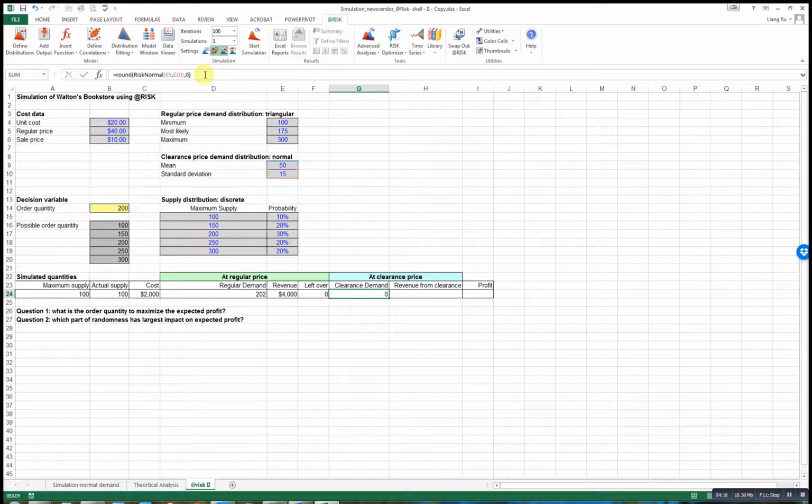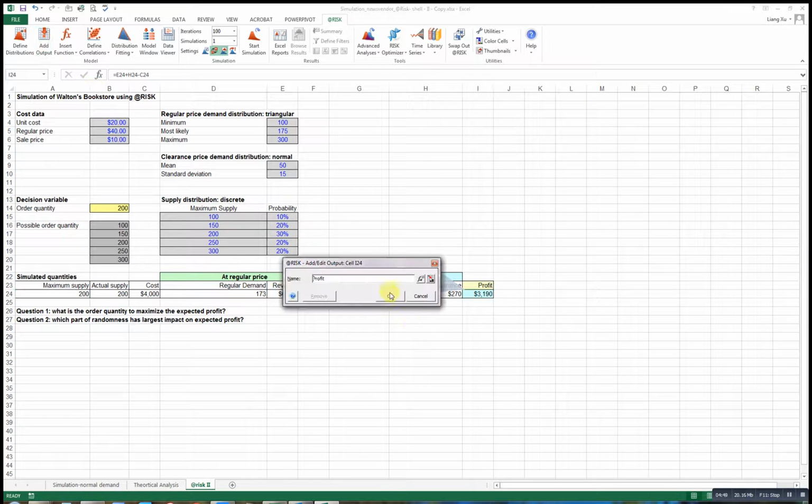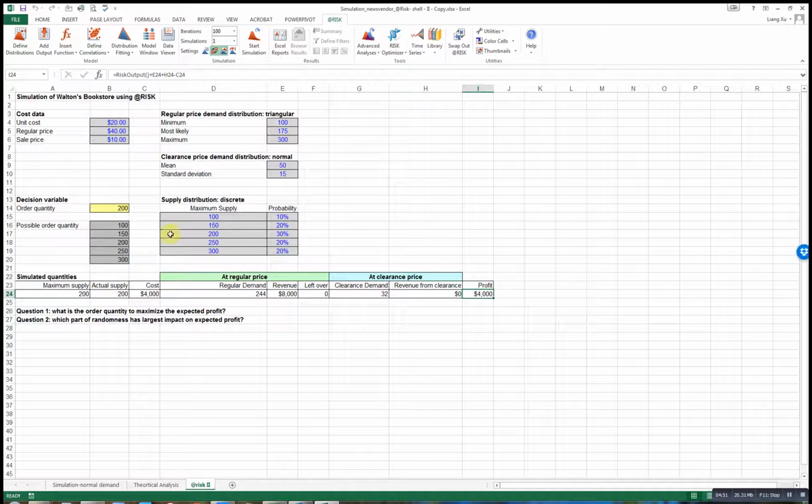And the revenue from this is the selling price multiplied by the amount you can sell, which is the minimum of your leftover and the demand for the secondary market. So the total profit is just your revenue from regular sales plus your revenue from clearance minus your cost. And the next step is to track this profit as our output. So we add an output, named profit. And to evaluate the order quantities we want to evaluate,